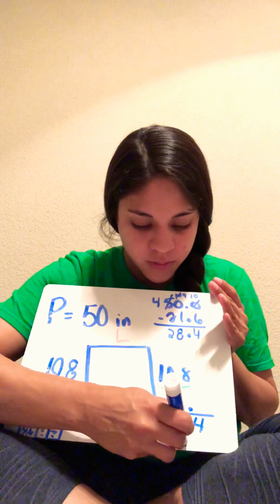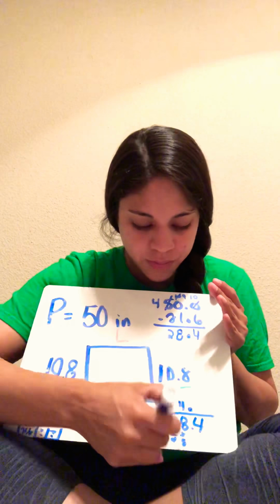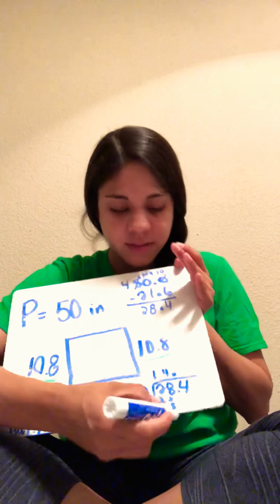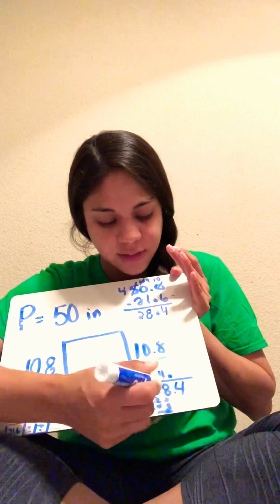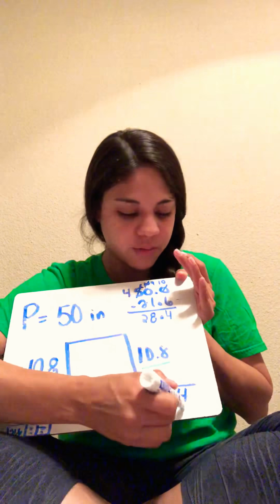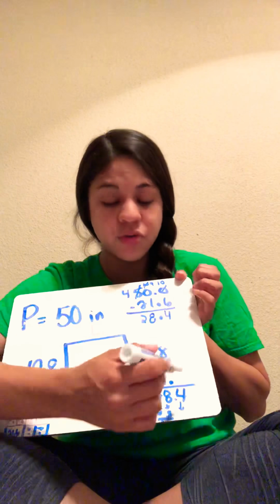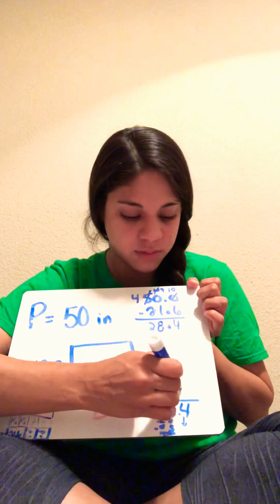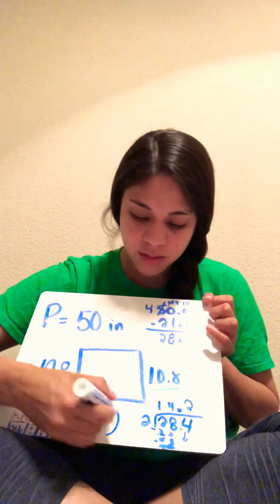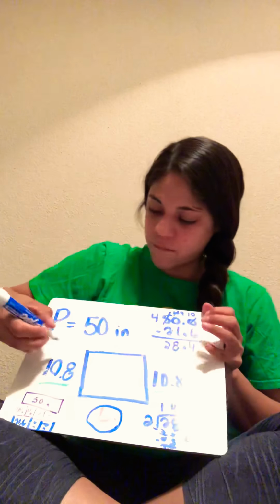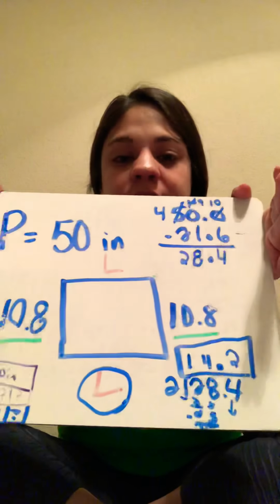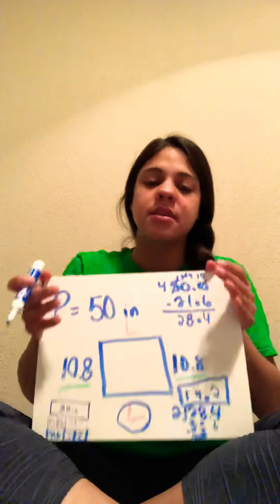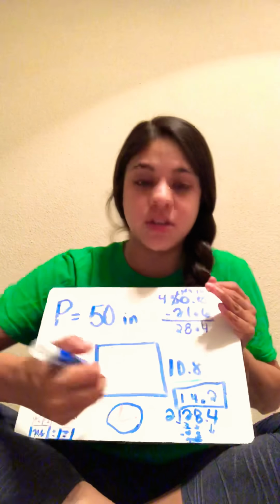Bring down your 8. Give you 4. So 2 times 4 will give you 8. Subtract that out. It's really tiny, sorry. And bring down your 4. How many times can 2 go into 4? Well, that's another 2. So one side would give you 14 and 2/10. So the length is 14 and 2/10. Now, if you want to go ahead and check it, which you should,